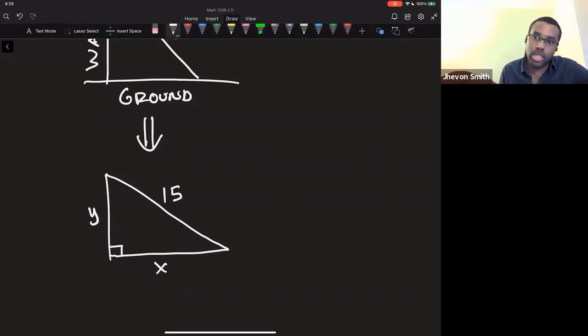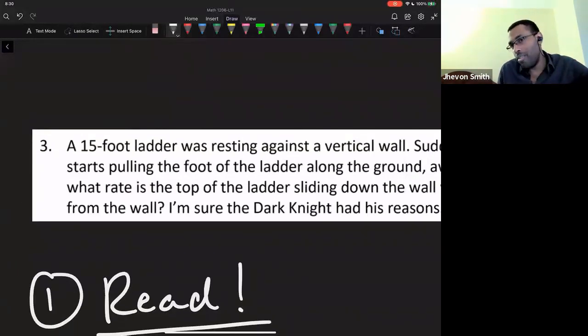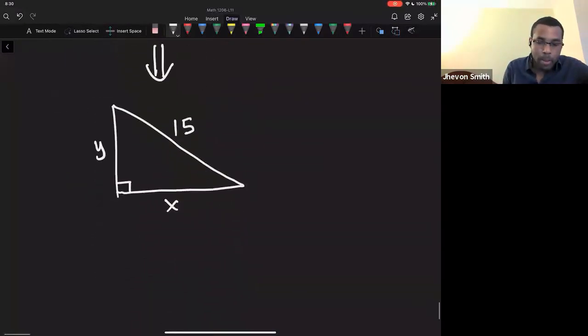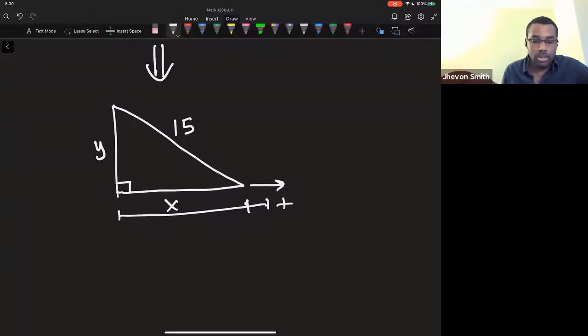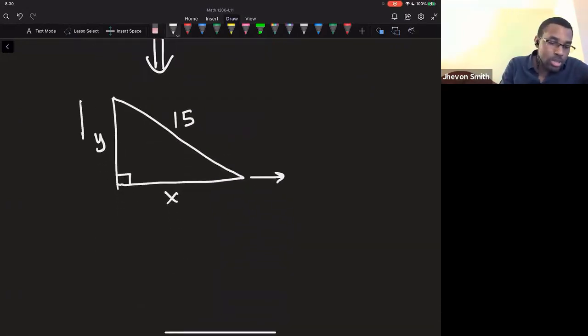Anything that's not changing, label with a constant. Anything that is changing, label with a variable. It's a 15-foot ladder. It's always going to be a 15-foot ladder. It's not going to change. However, Batman is pulling the foot of the ladder away from the wall, which means that this X, this length here, is not always the same. It's extending, so that's changing. Now, as this is being pulled away, the top of the ladder is moving down. So this length here is also changing. It's actually getting smaller over time,